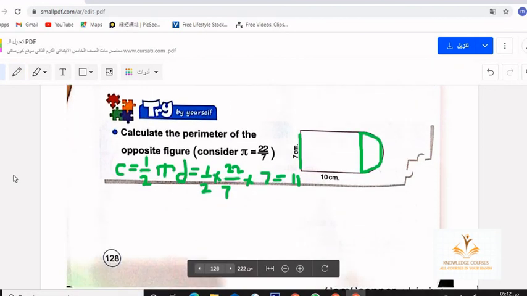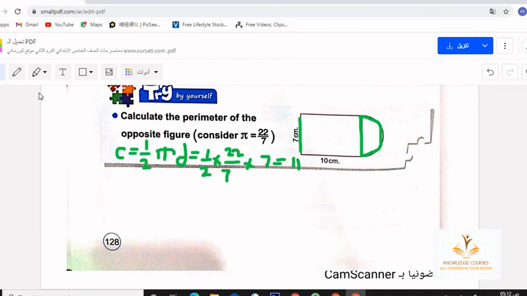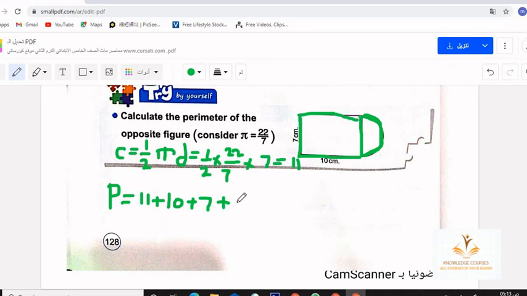The perimeter of the shape equals half of the circle, equals 11, plus the straight line 10, plus the straight line 7, plus the straight line 10, equals